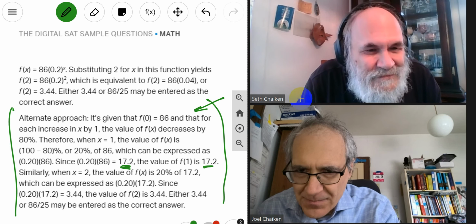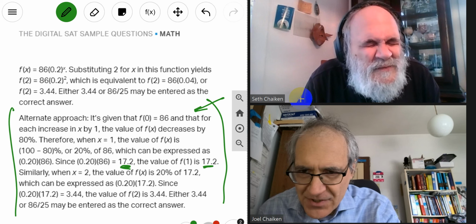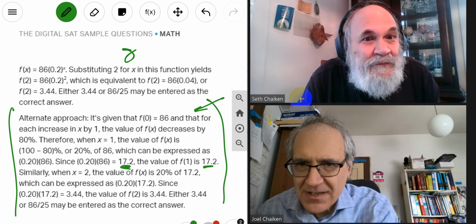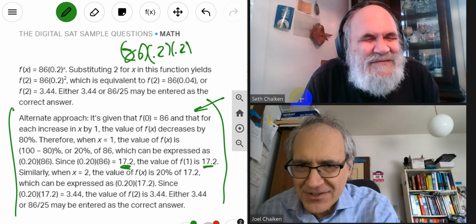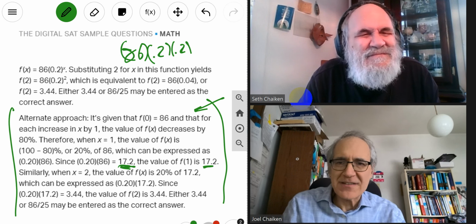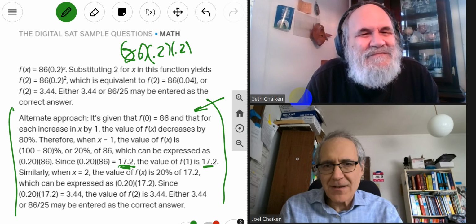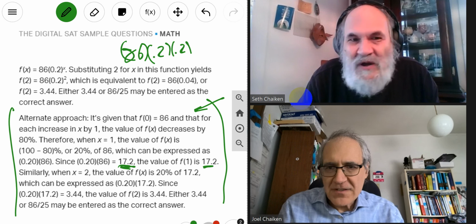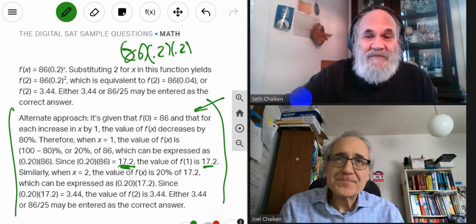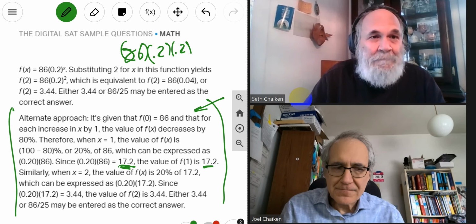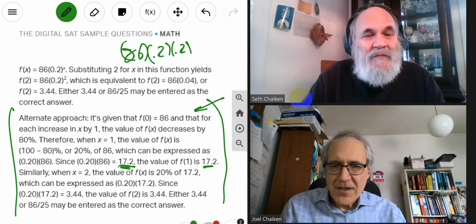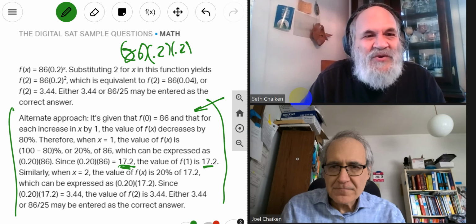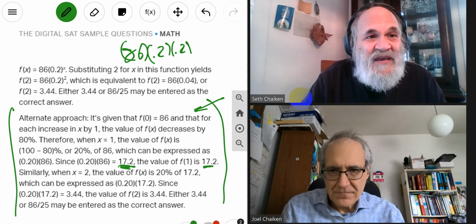To be a little more clever, they should have done 86 like you did, times 0.2 times 0.2. You don't have to actually get 17.2. That's a possible mistake, a way to make a mistake. Yeah. So the basic math thing is that multiplication is associative. Right. Which means that associativity means that to get 86